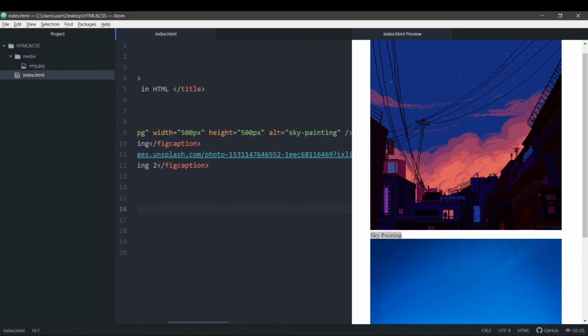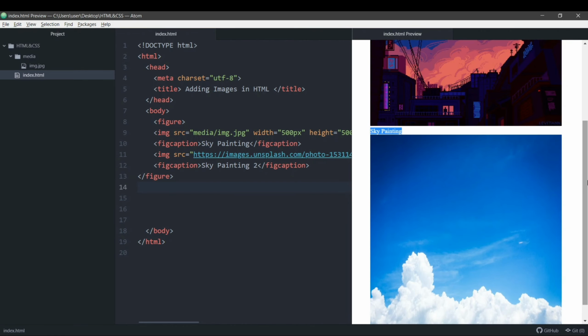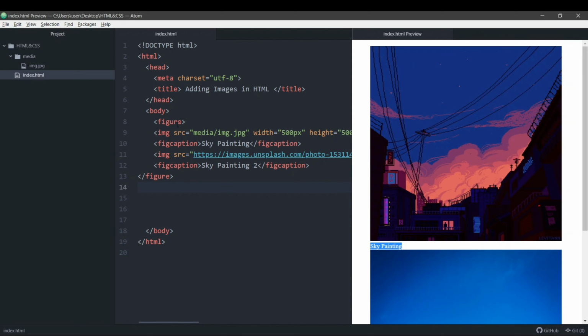So make sure that you always use the alt attribute when you're not using a figcaption, or if you're using a figcaption, then it's also okay to use the alt attribute, and it is preferred so that it is accessible to all kinds of users. Okay, so now we saw how to add an image which was already in the folder, then we saw how to add an image from the web, then we saw how to group images together using the figure tag, and then we saw the figcaption tag.